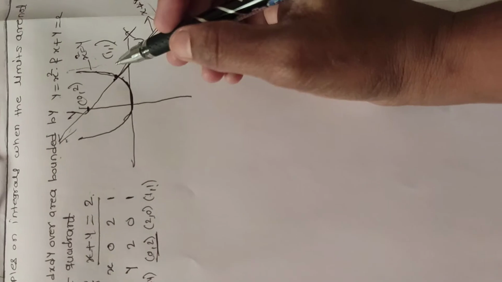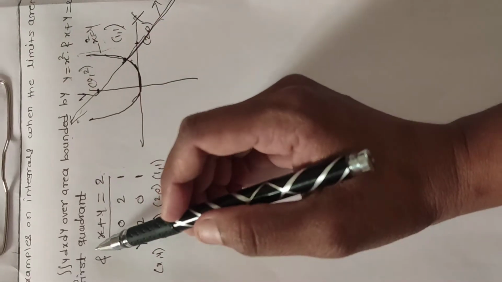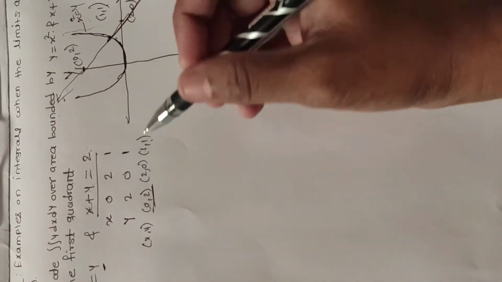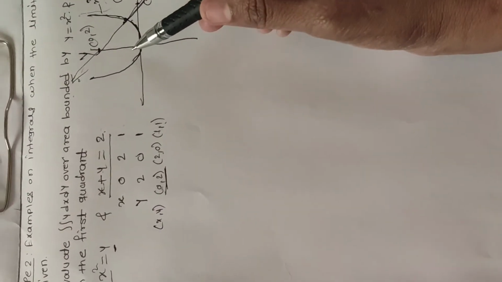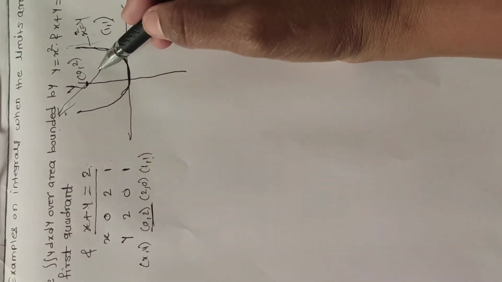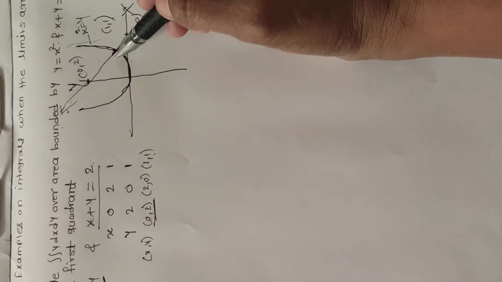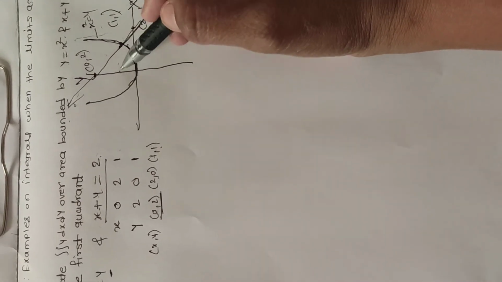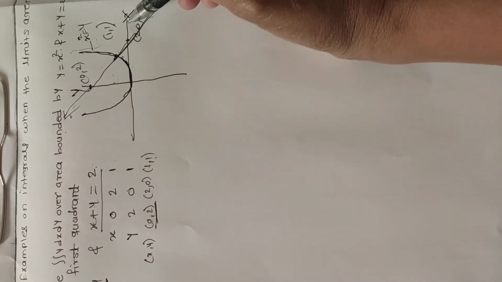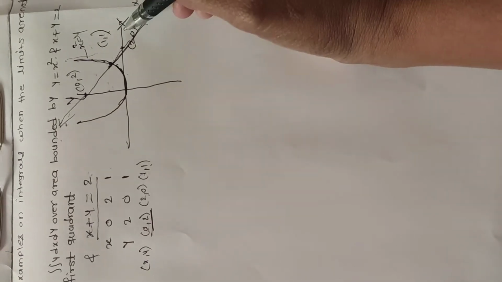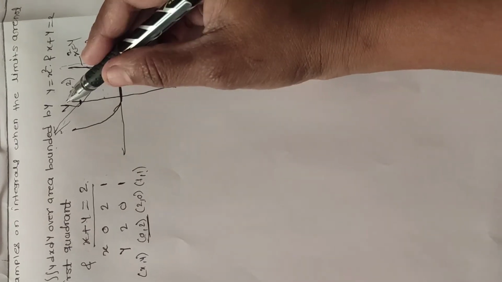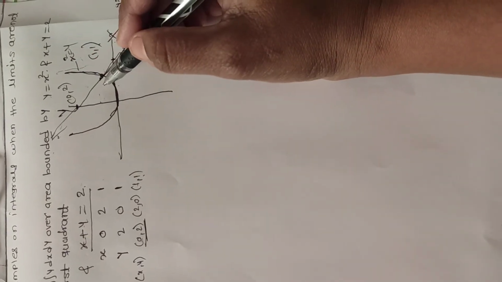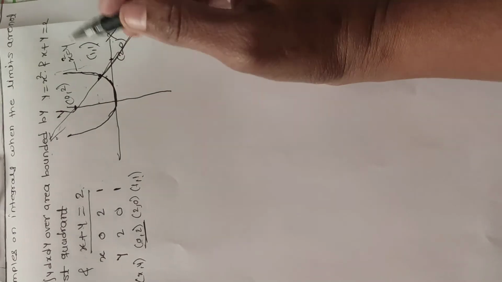After that, we have to find the limit points for x as well as for y. In the double integral, one limit is in variable form and the second is in constant form. So how do we form these limits? First we draw a vertical strip or a horizontal strip. Remember, if we draw a horizontal strip parallel to the x-axis, we take the limit of x in variable form. And if we draw a vertical strip, parallel to the y-axis, then we take the limit of y in variable form.